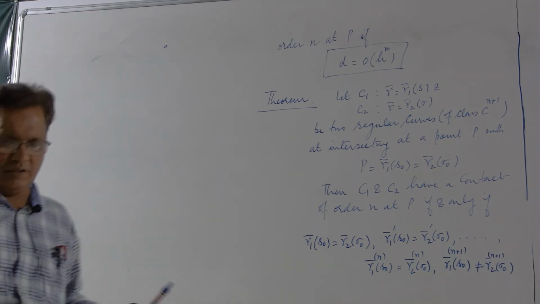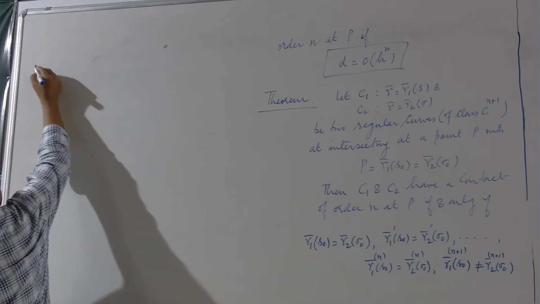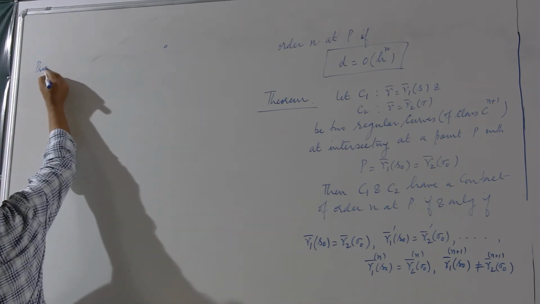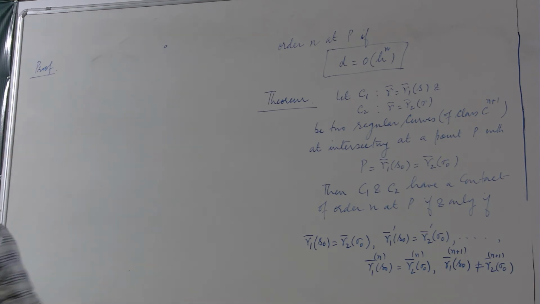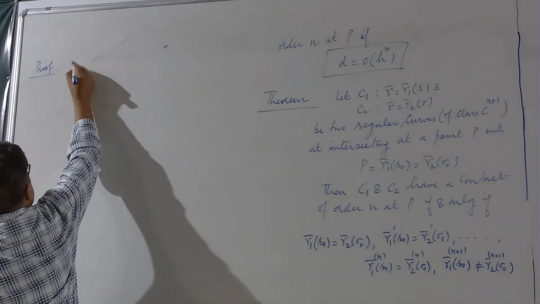So, let us see the proof of this theorem. Proof. Since the curves are regular of class C^(n+1), I can write down the Taylor series. So, by Taylor's formula,